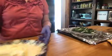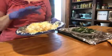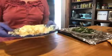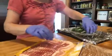Okay, so I'll probably wrap that up, put it in the freezer for the next time I buy jalapenos. Already mixed together, and I'll mark it for jalapeno poppers. Cheese for jalapeno poppers. So now what I'm gonna do is take this bacon